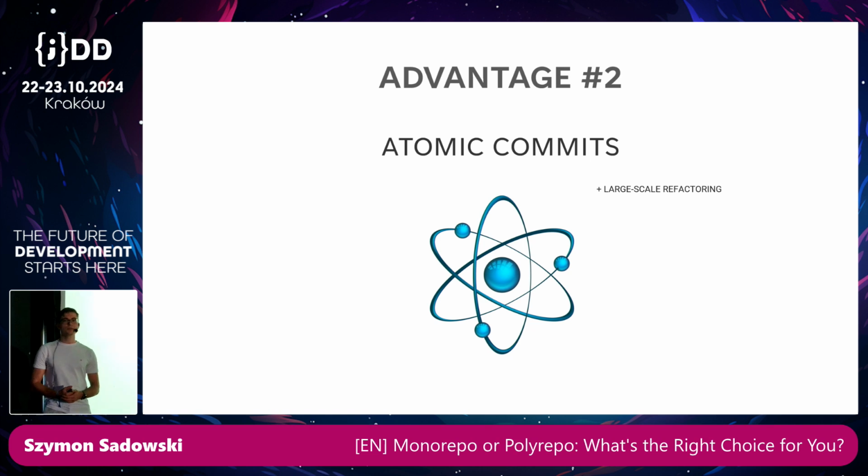All right, so let's go to the second advantage. And this is one of my favorites, which is atomic commits. It helps us in situations like, for example, you have service A and service B, and they are talking to each other, but you want to change the authorization mechanism between those two. And let's suppose those services have different release cycles. One releases every week, and the other one releases every, I don't know, month or a couple of months, on different days, let's suppose.